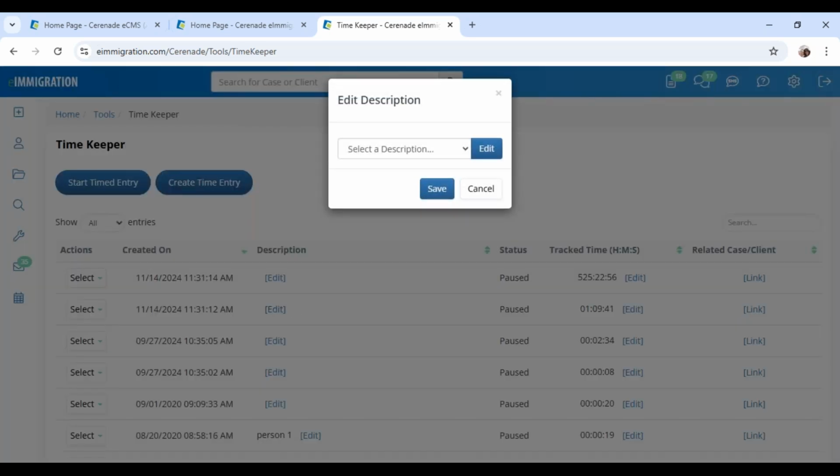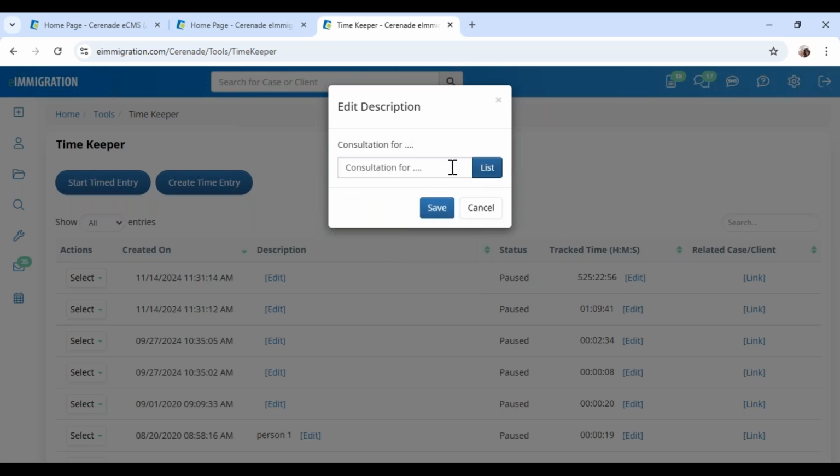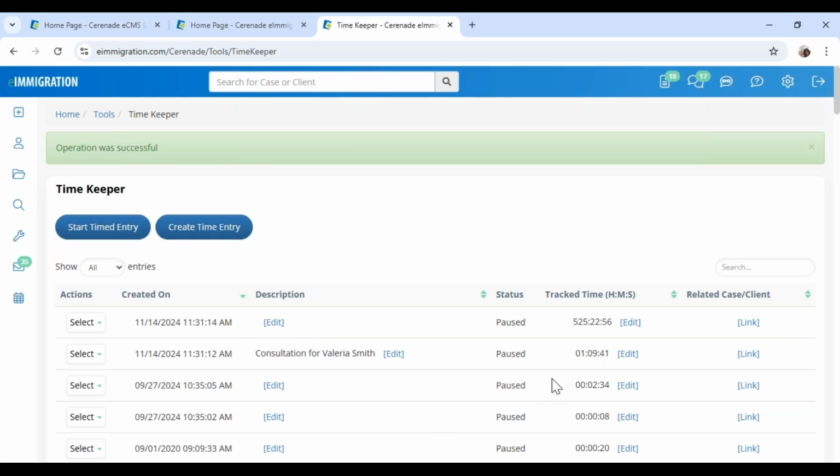I first need to modify the description and specify what this is for. Well, this was a consultation or a court hearing or driving time or whatever, the commute. You can customize these default descriptions from the administrator portal. I'll just say consultation for, and then modify, edit. So I can put here that it was for Smith. So I save that,